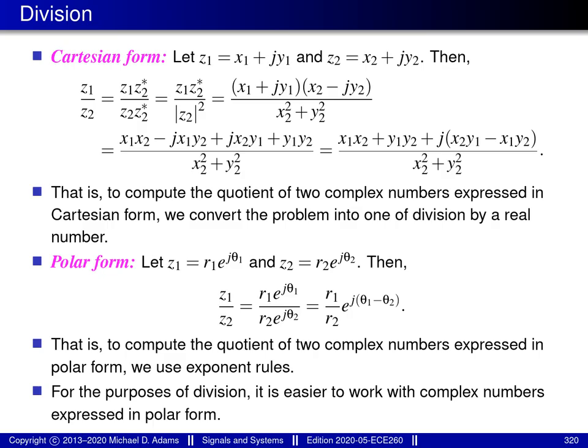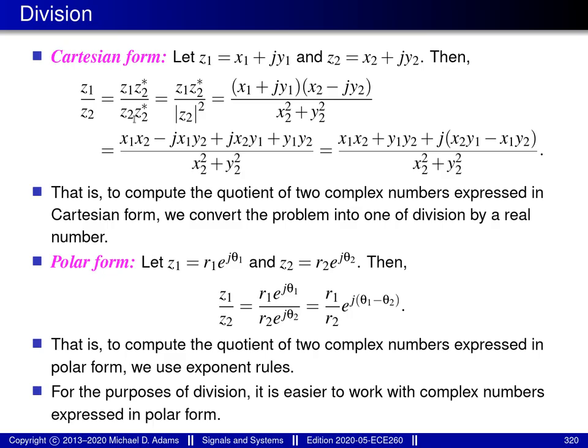Yet another basic arithmetic operation that we need to be able to apply to complex numbers is division. And the approach that we take to division depends on whether or not the complex numbers involved are expressed in Cartesian form or in polar form. If the complex numbers are expressed in Cartesian form, like what we have here for z1 and z2, the way that we divide them is we play the trick of taking the quotient that we're trying to compute, z1 over z2, and we multiply it by 1, but not any version of 1, specifically 1 which is represented as z2 conjugate over z2 conjugate. So since we're effectively multiplying by 1, this doesn't change anything, but the way this helps us